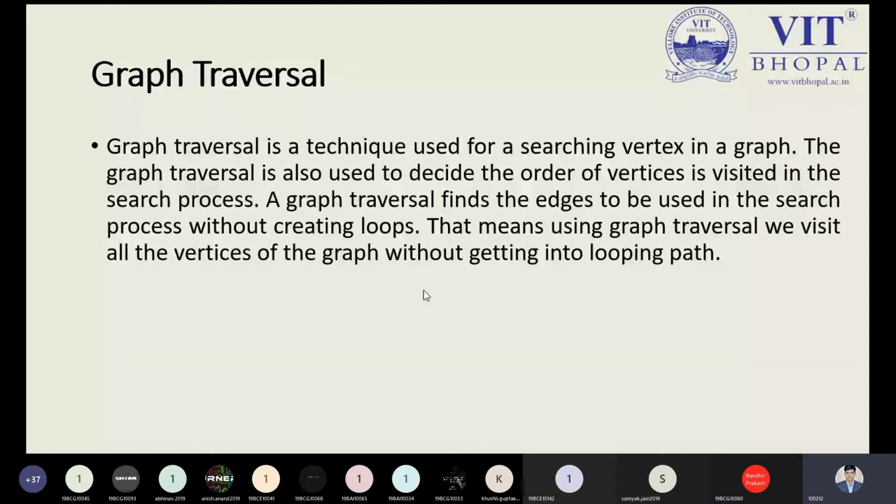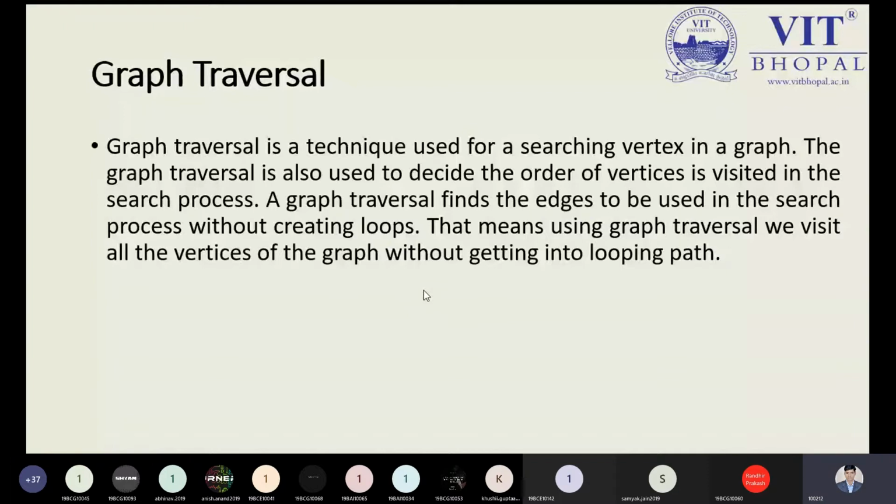The shortest path is determined by some weights and distances. But in a normal graph, the weight and distance are not given. Then how could you determine the shortest path? While looking for the shortest path, we need to follow the weights. But right now, before jumping to the shortest path, we must look at the various methods by which we can visit all the nodes. The concept of visiting all the nodes is known as graph traversal. There are some techniques and methods which we will see. Please keep in mind this important point, the last line you can see.